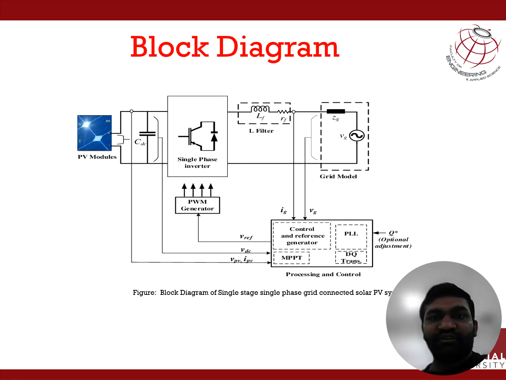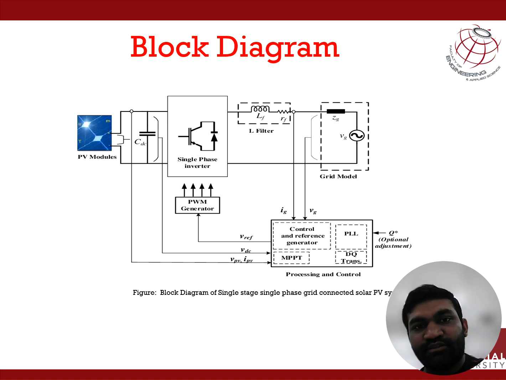After that, we are discussing the block diagram. So this is the block diagram for the system. We use PV modules which are connected to the capacitor. The capacitor here works for charging and saving the energy for some time. After that, it's connected to the single phase inverter, which helps to convert energy from one form